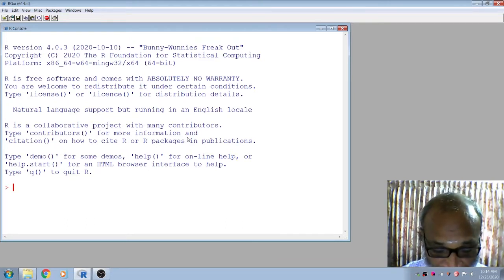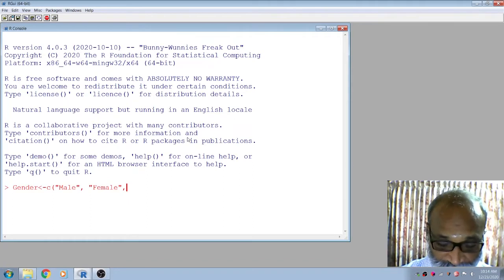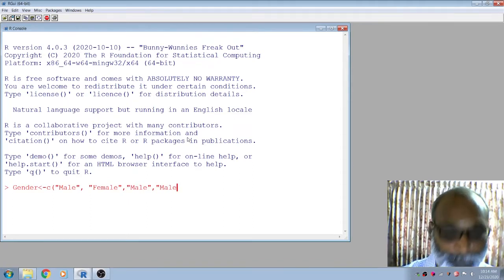So let us say the first vector we can create is gender. Let us say male, female. First candidate male, second candidate female, third candidate male, fourth candidate male, then fifth candidate female.